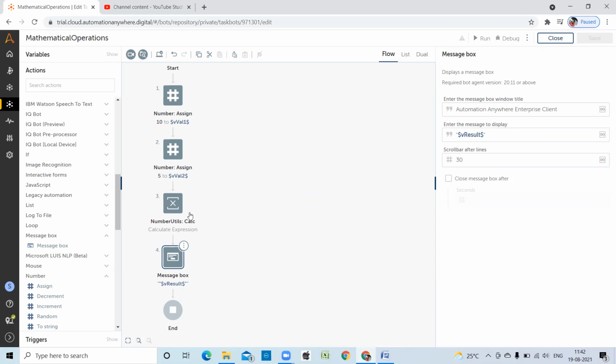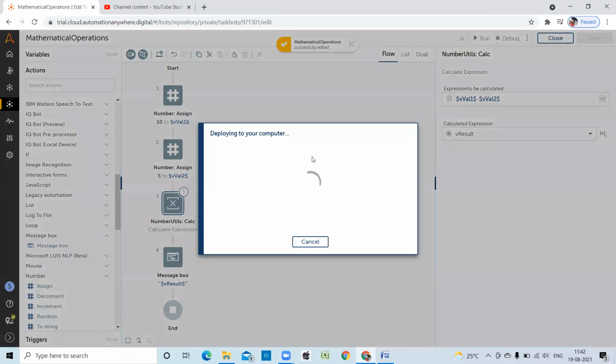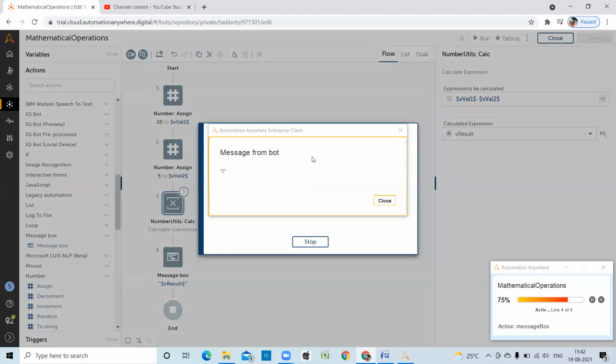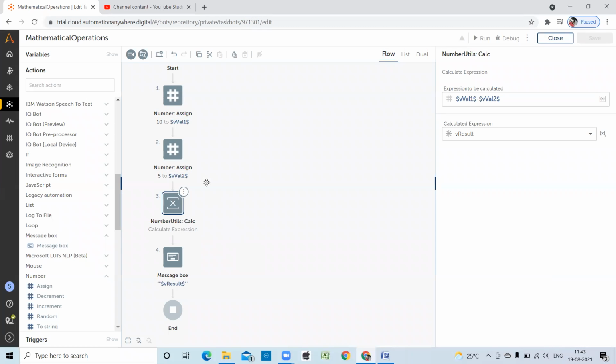Now we can see subtraction. Go to here, remove, minus. Save, run. 10 minus 5, 5. This is the subtraction.